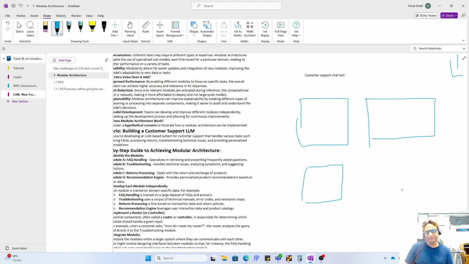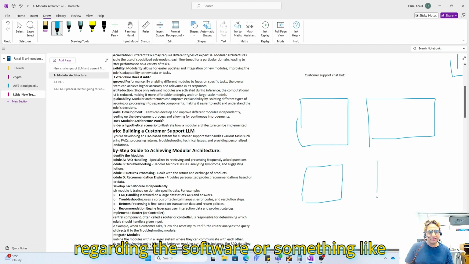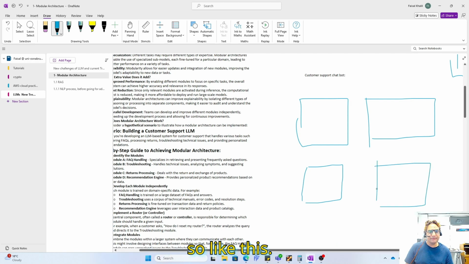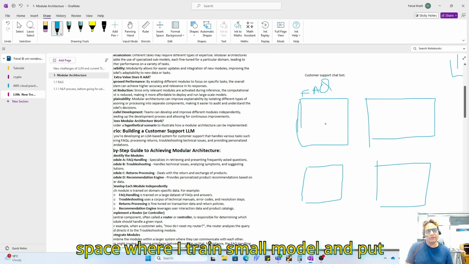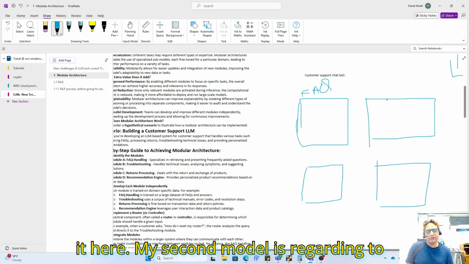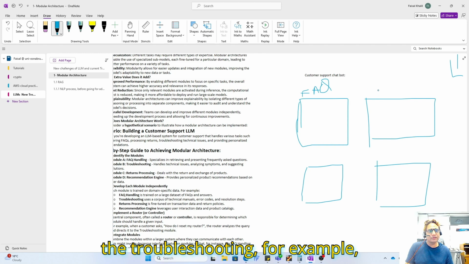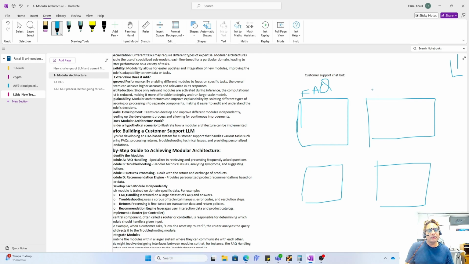For example, my question is regarding the software or something like this. So here I have FAQs. If the request is about an FAQ, this is my model space where I train a small model and put it here. My second model is regarding troubleshooting, for example, how to reset a password.